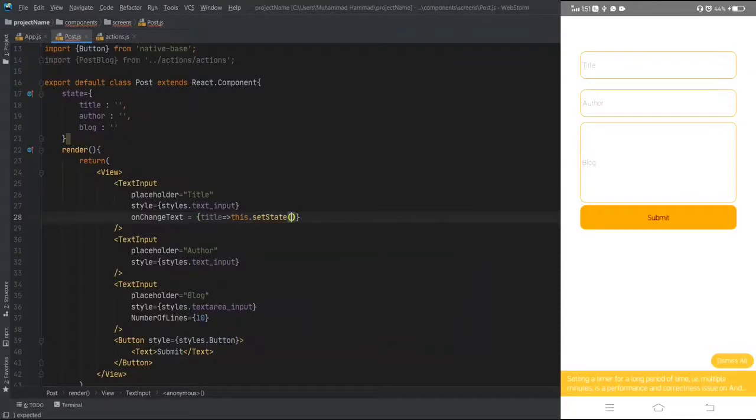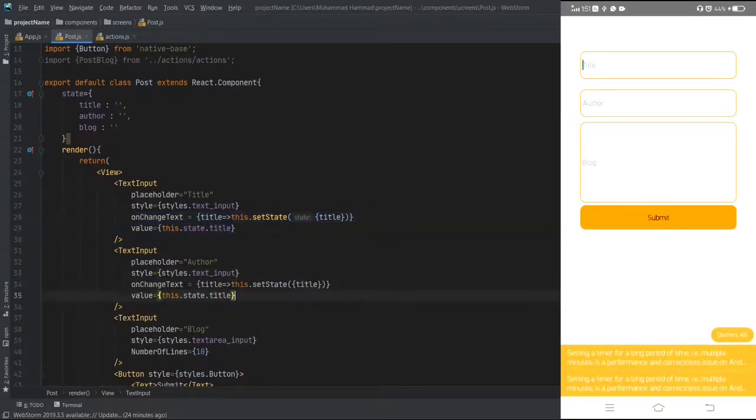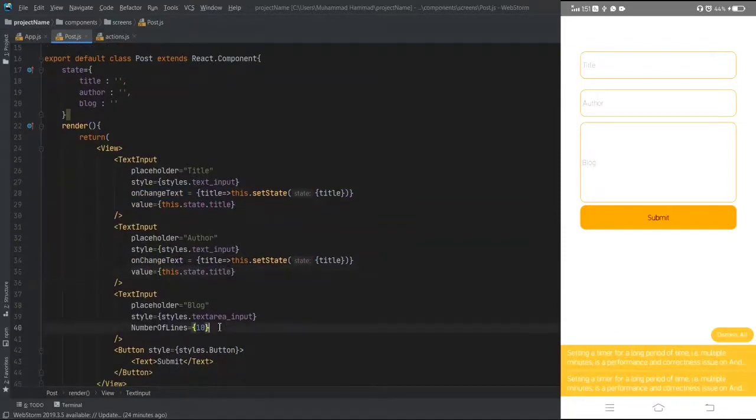Okay, like this. And also we have to set the value, and its value will be this.state.title, this one. This.state.title is representing this title. Okay, and now it's time to copy these lines of code and paste them inside this text input, and also we have to paste them here.